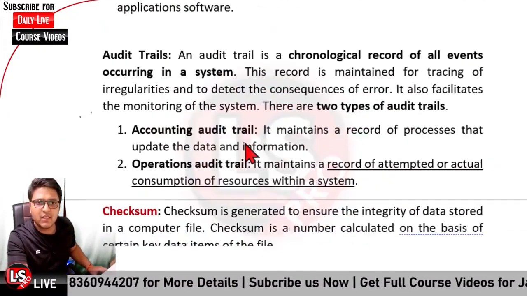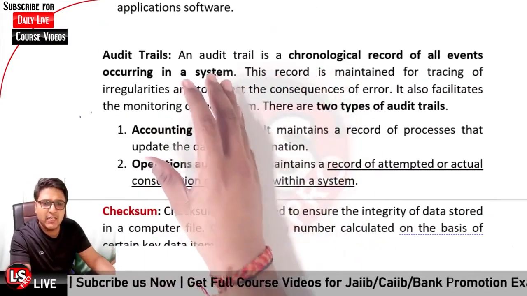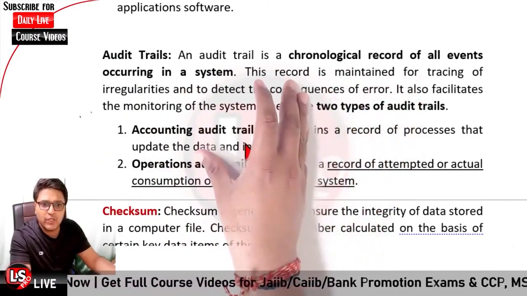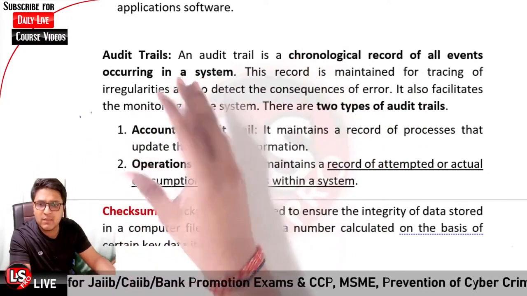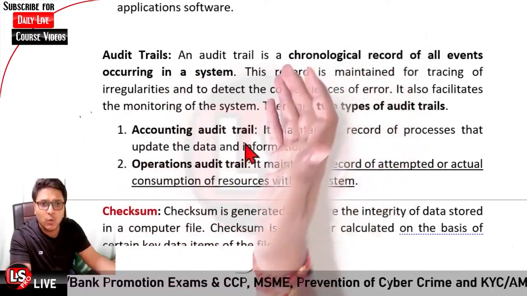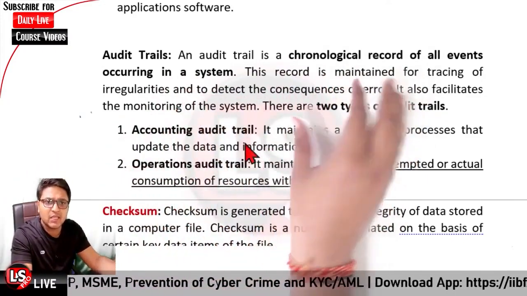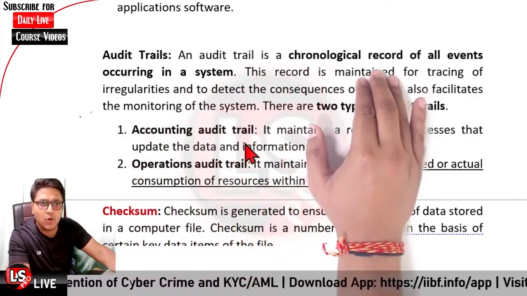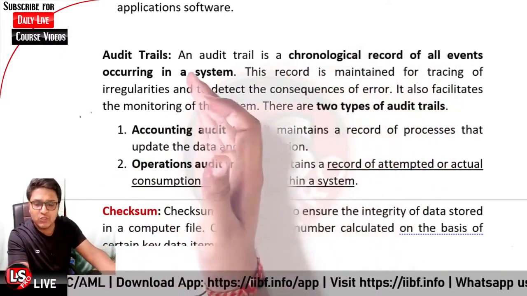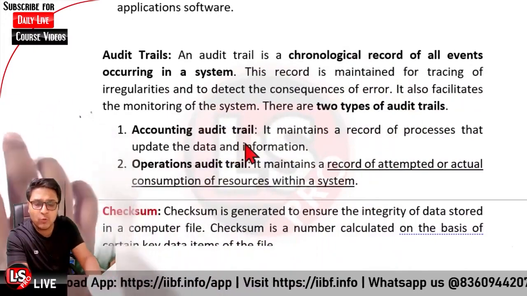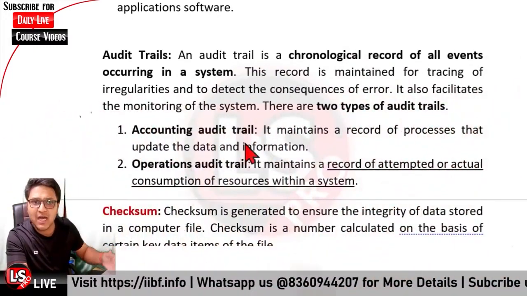The next, it is regarding the audit trail. What is a trail basically? When we are going to look into the history of an event, we basically require to know what was the passage, how the entry was done, what led to this entry particularly. Audit trail is also related to this. An audit trail is a chronological record of all the events occurring in the system. Whatever event occurred in the system, we want to know the history about it, what event led to this event particularly. So all the records are being maintained.